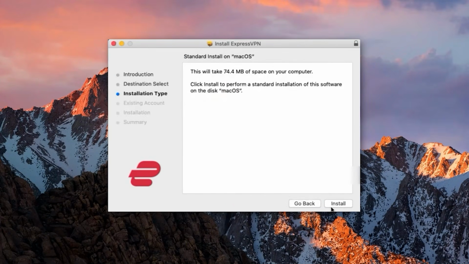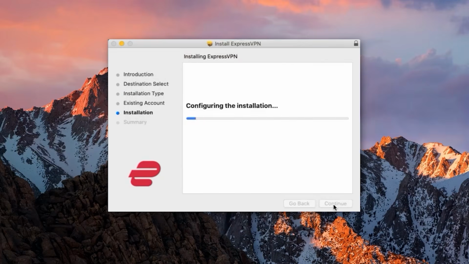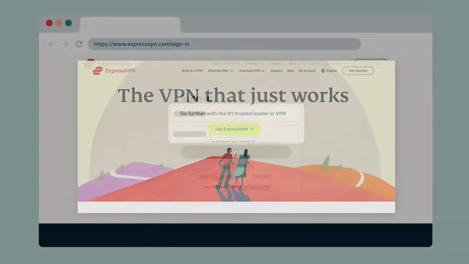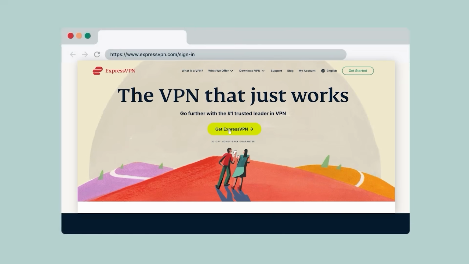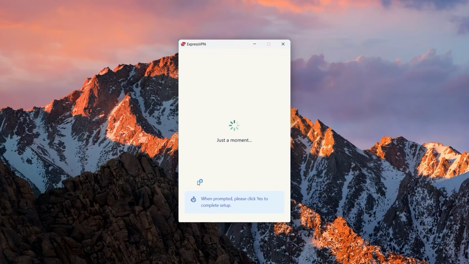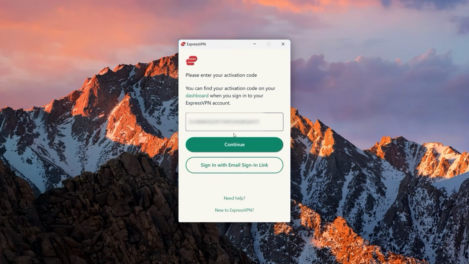It's pretty easy. Just follow the instructions on the screen, a couple of agrees and continues, and you should be good to go. Now, you'll see a page that says either Sign In or Get ExpressVPN Now. Just like earlier, if you click on Get ExpressVPN, you'll be taken to the subscription page. However, if you already have a subscription, click on Sign In, enter your activation code, and press Continue to start